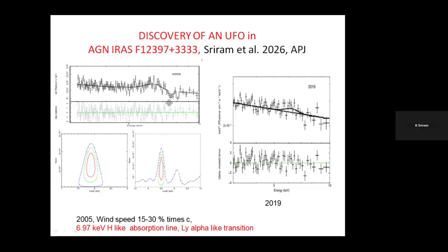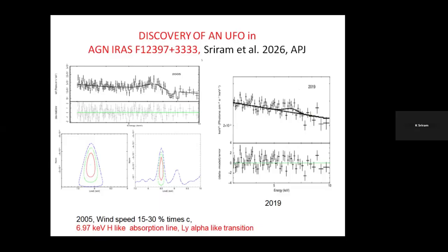Yes, there is a discovery event. And the more interesting point is that this is the 2005 observation. You can see these two lines, whereas in the 2019 observation there is nothing. One can argue this is one single point, but we don't rely on single points. So that means the winds are changing; the speed of the outflow decreased because of some mechanism. Still, we don't know what happened.